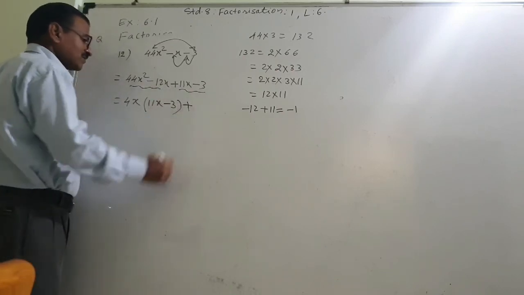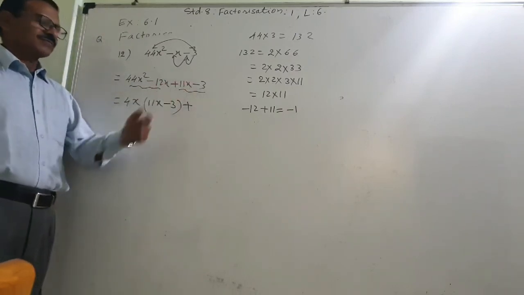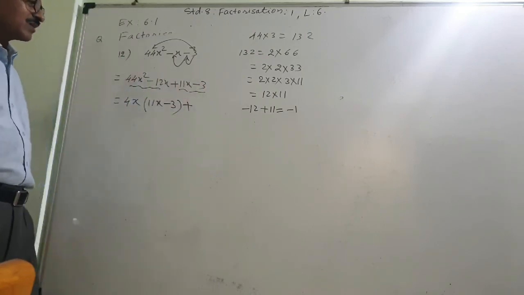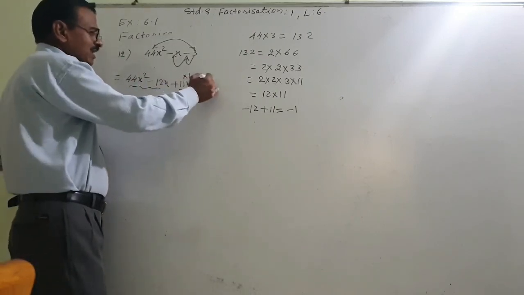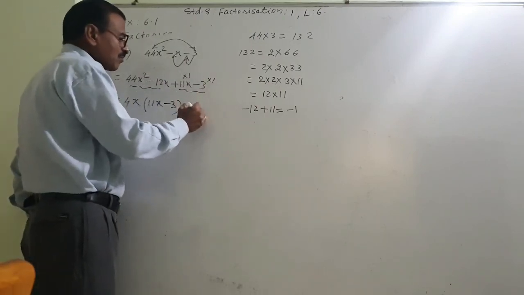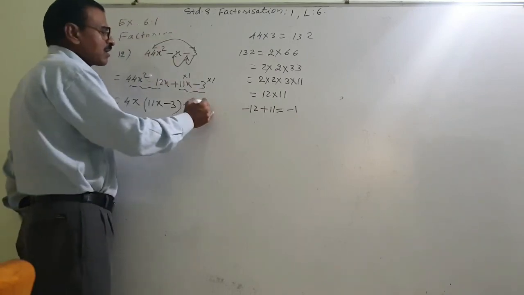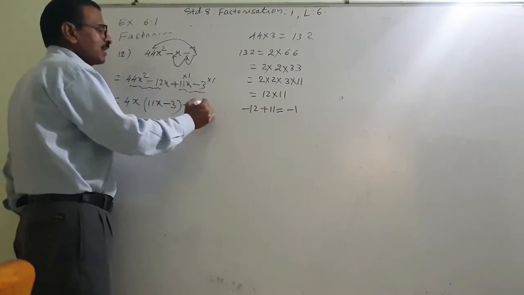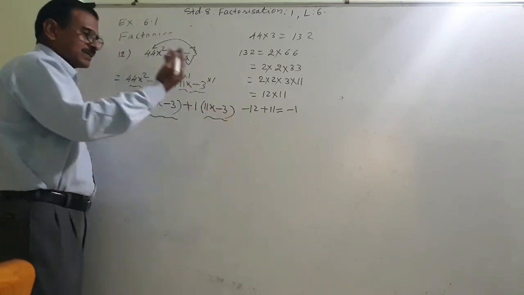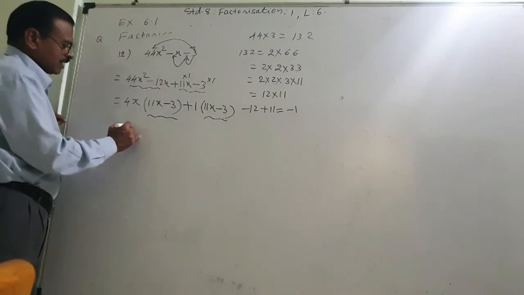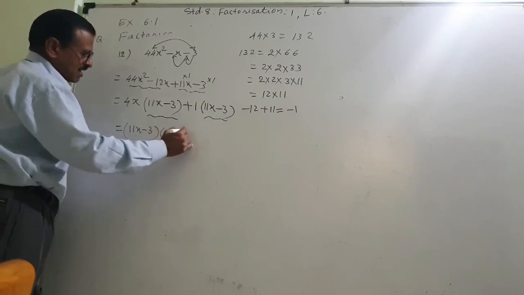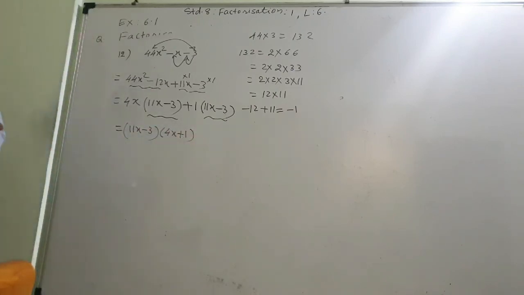Now plus. In this, what is common? Here it is 11x and here it is minus 3. Nothing is common. So this I can write as 11 into 1 and 3 into 1. So 1 here is also there and 1 here is also there. If nothing is common, 1 is always common. So what is remaining? 11x. What is remaining? Minus 3. See the brackets? Yes, brackets are same. So that is equal to 11x minus 3 into another bracket 4x plus 1, and here completes our lesson.